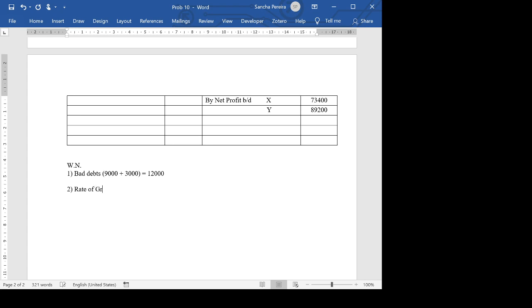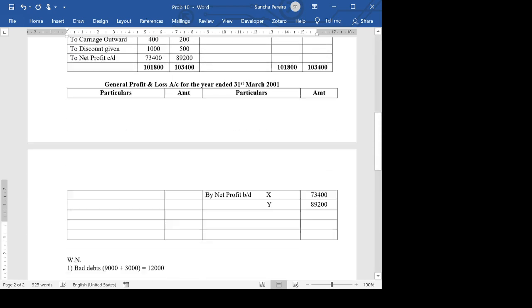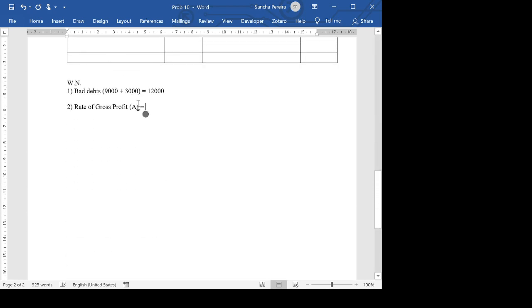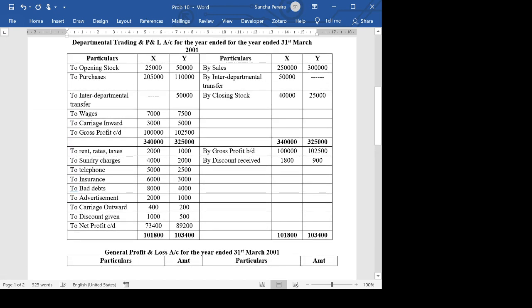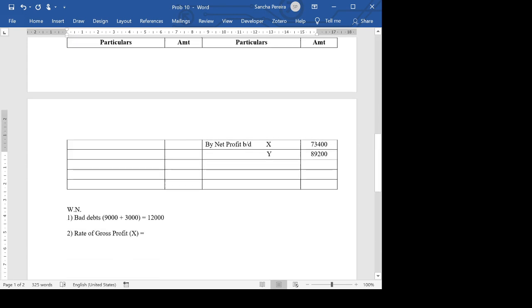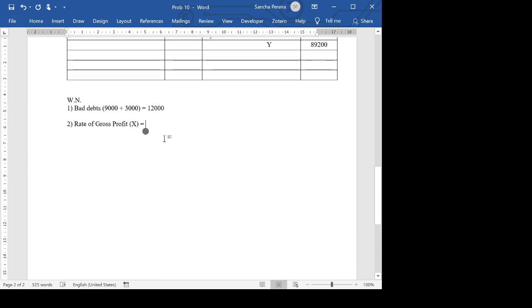Rate of gross profit. And whose profit will be calculated? Always the department that is sending the goods. Not Y, it is X. Rate of gross profit of X, because we need to know at what profit they are selling. So we are not going to calculate it of Y, we are going to calculate it of X. So there is a formula for that. I hope you all know the formula. It's gross profit divided by sales